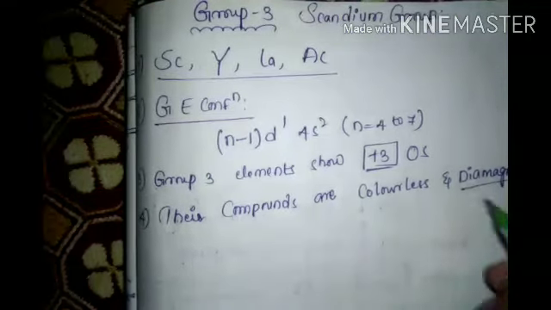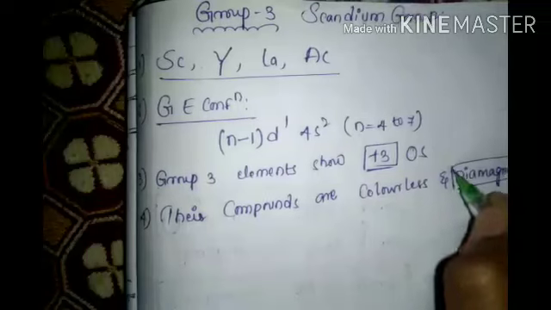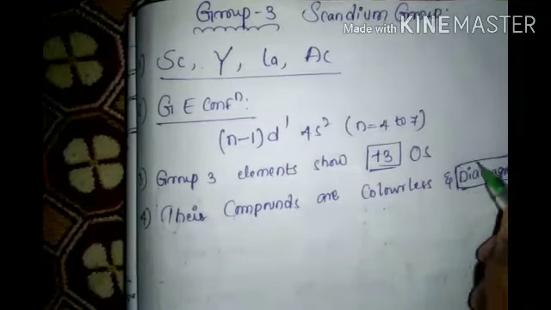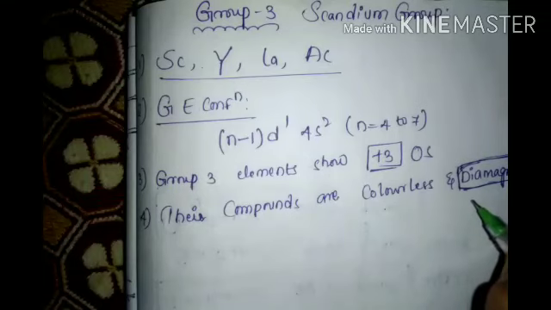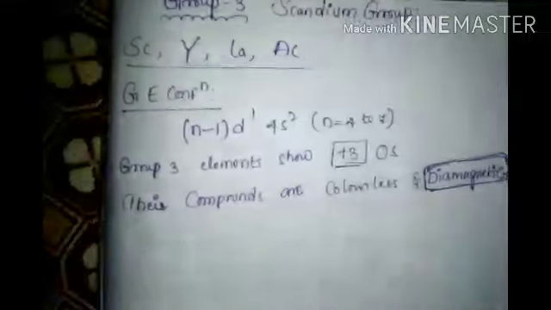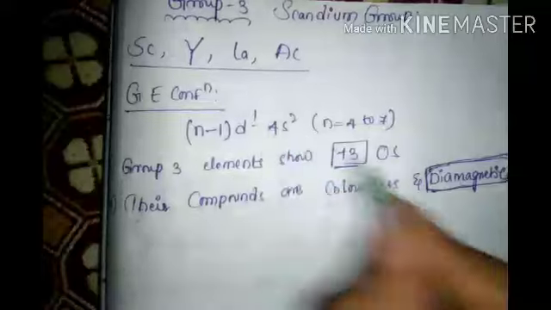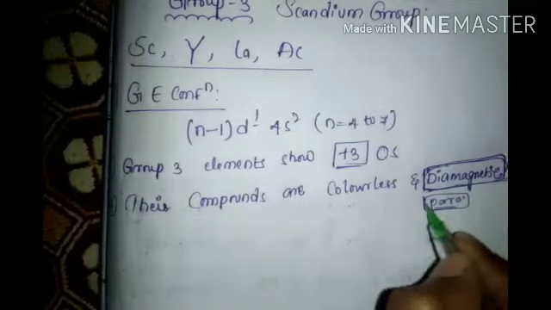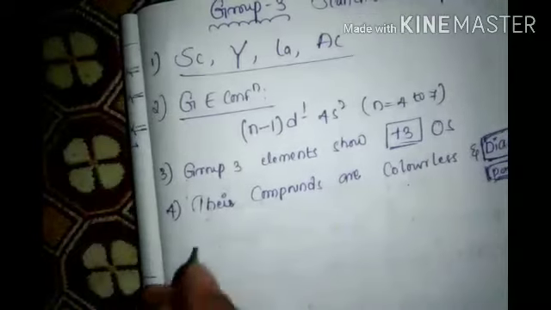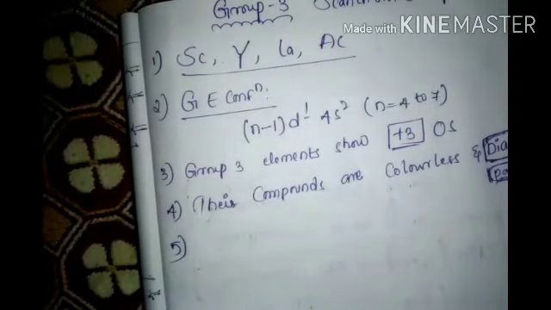Guys, in our ISC book, what have they given? Tell me. In my book they have given dia. In your book, what have they given? You tell me. Because actually d1 is coming, it should come para. Okay, we will discuss in the group. Okay, yeah. Now the fifth one,